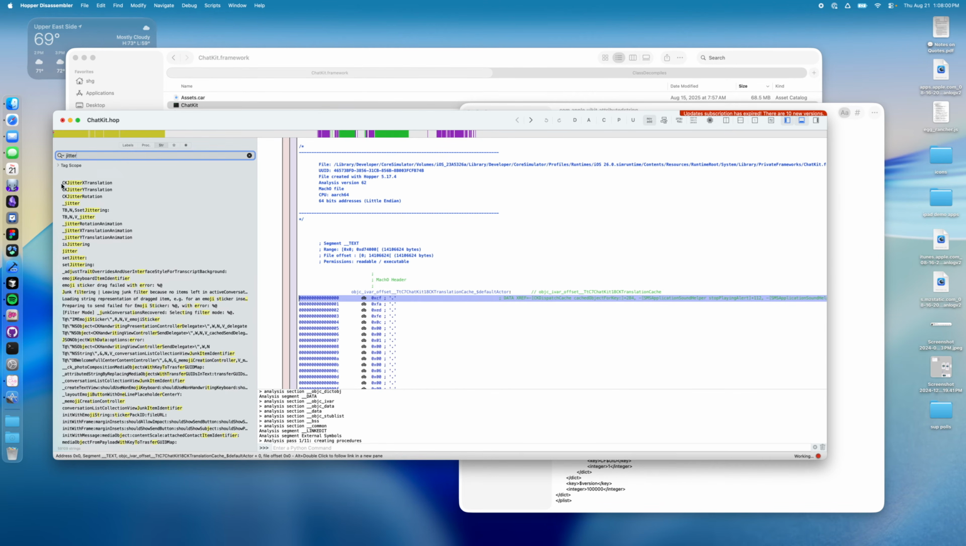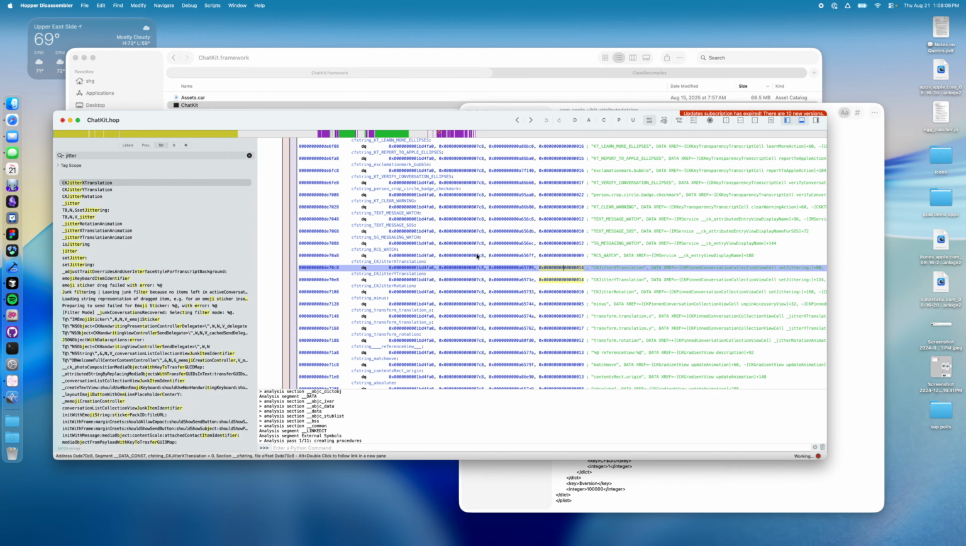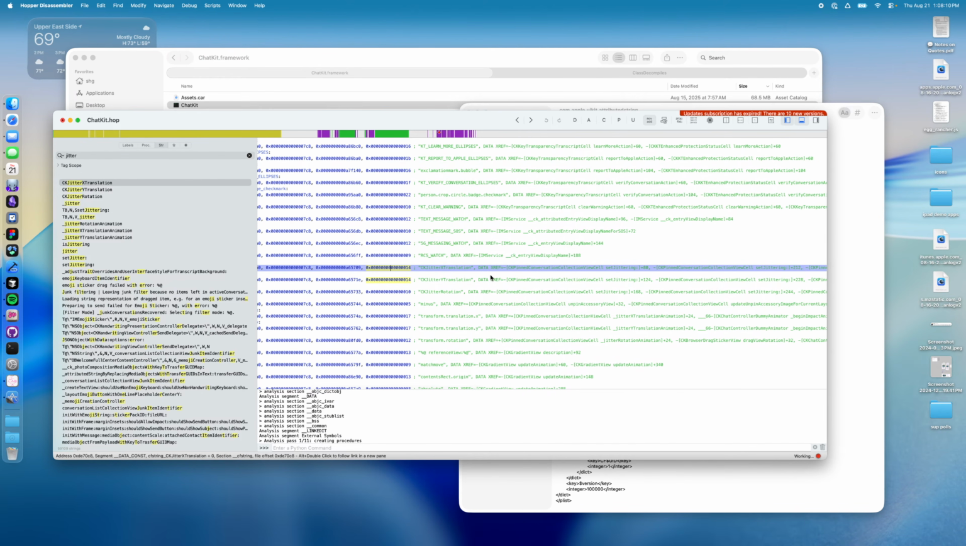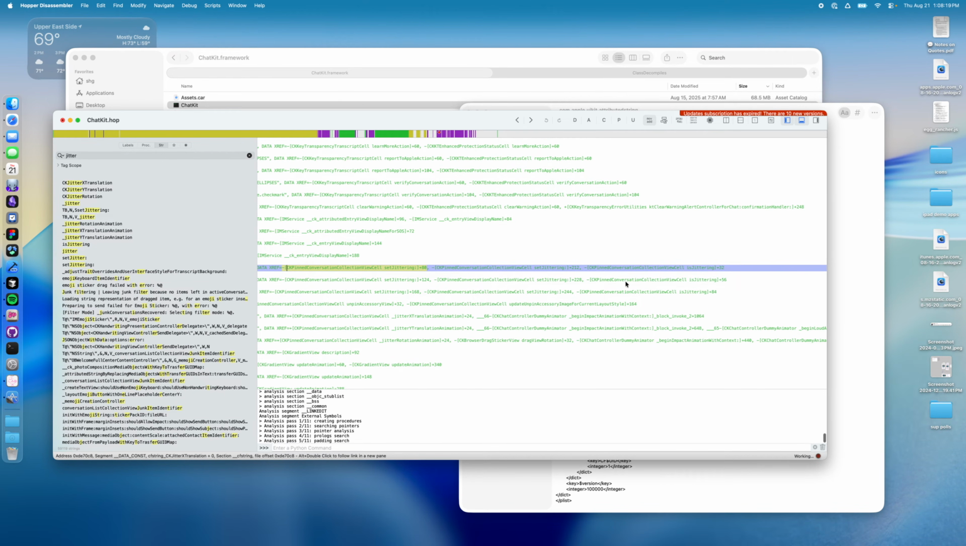And we have CK jitter X translation. That seems interesting. So I click on that. I double click here to jump through to see the underlying string and where it gets used. And it gets used in CK pinned conversation collection view cell, and it's referenced there a few more times, and everything around here is related to